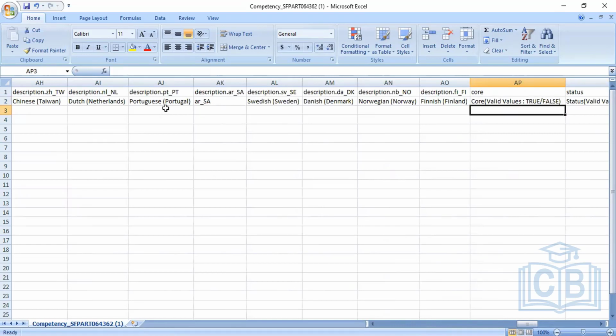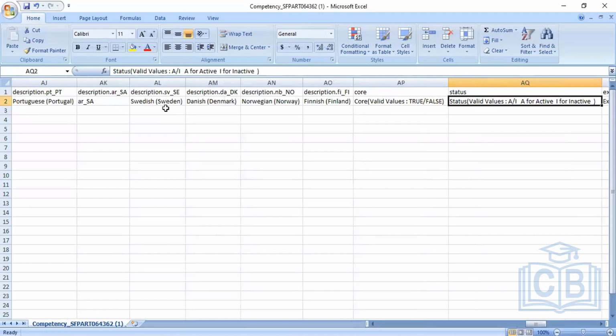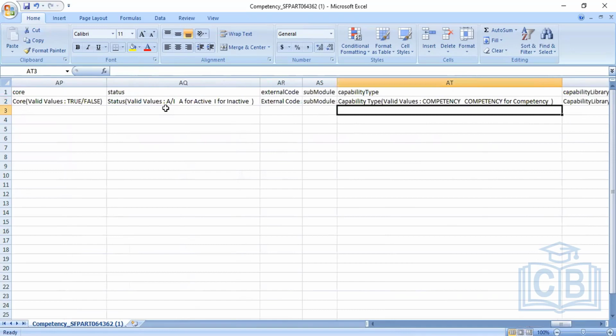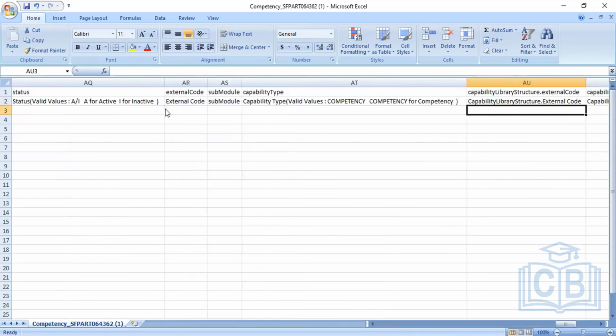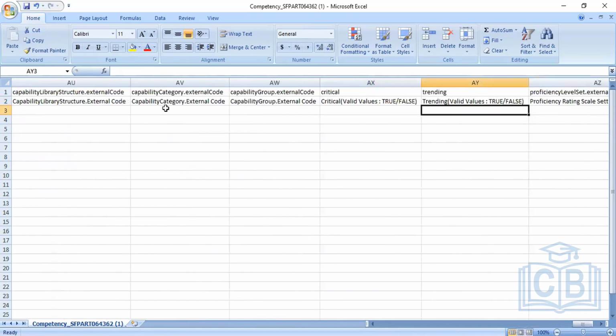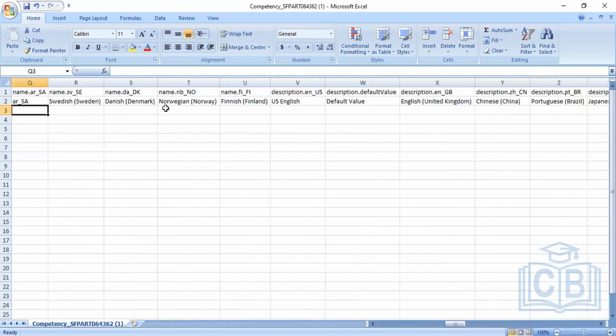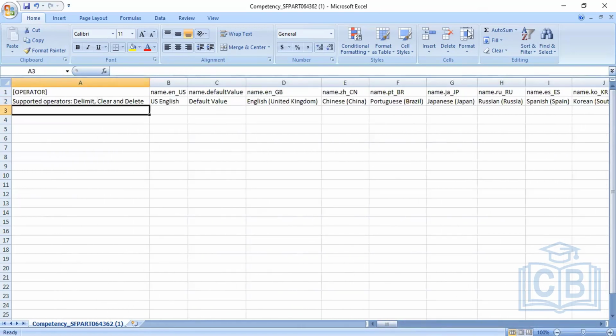So you have to mention false here, because this is related to a job role specific competency. It is not a core one, so we mention false. Status we mention as active. Then external code, and like this you have to update all these things. After saving this particular sheet,